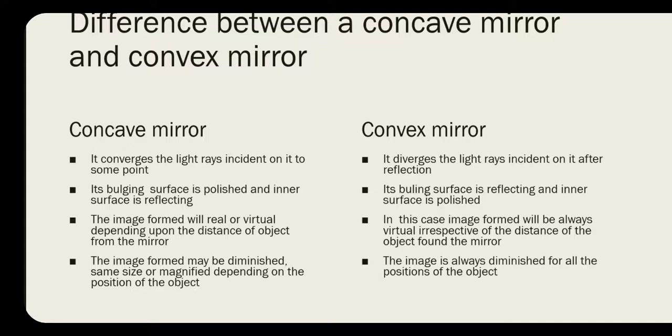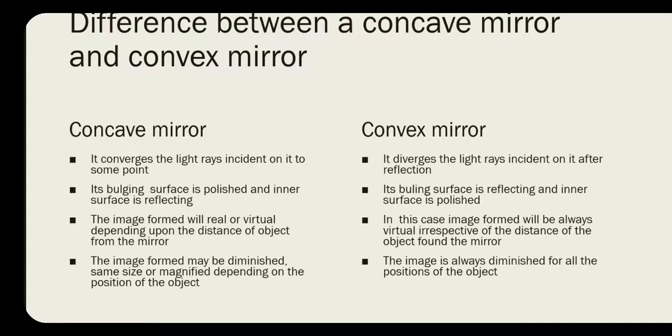The bulged surface is the polished surface, and the inner surface is the reflecting surface. What happens in concave? Bulged surface is a polished surface, inner surface is a reflecting surface. Here the bulged surface is a reflecting surface, inner surface is a polished surface. That's quite the converse. There, the image formed will be real or virtual depending upon the distance of the object from the